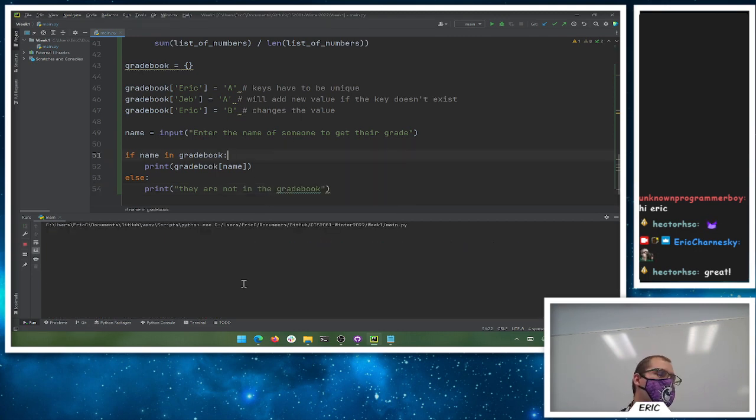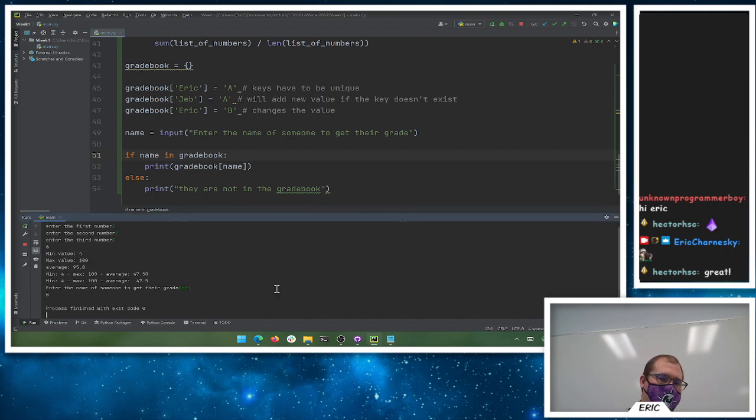And avoids erroring. So anytime we can avoid crashing is definitely a good thing, so we can get Eric's score back out, and it is going to be case sensitive. Remember, Python is always case sensitive. So uppercase E Eric is not the same as lowercase e Eric, which is also not the same as Eric